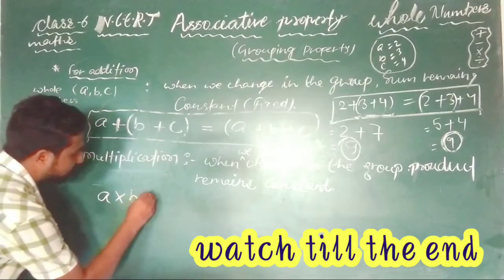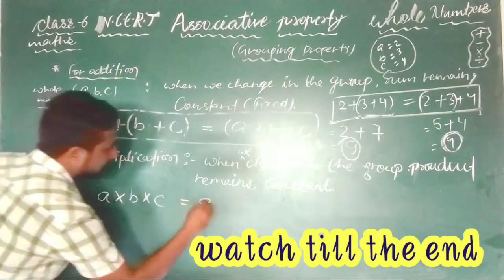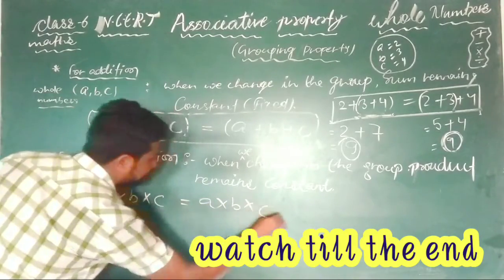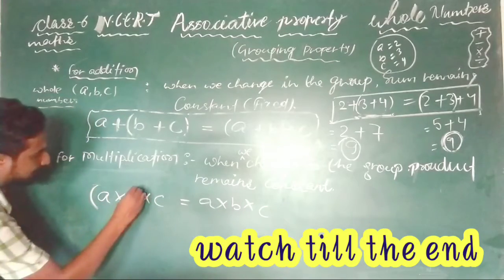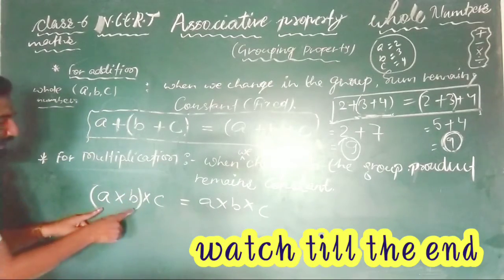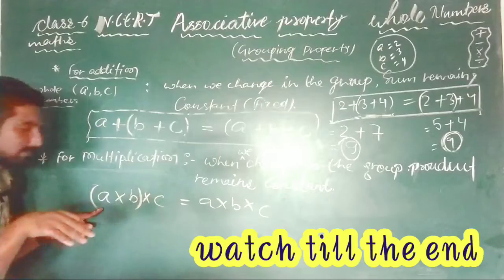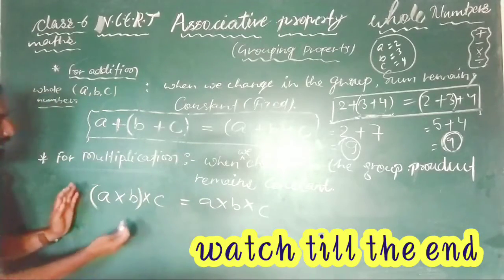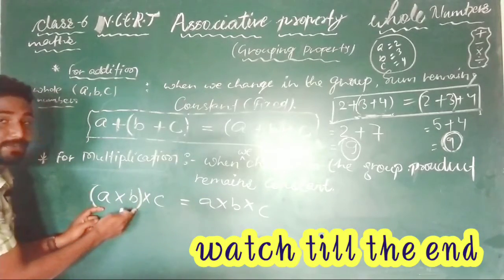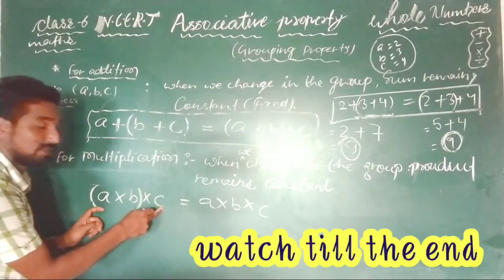A into B into C can be written as A into B into C, both are same. Let me put the bracket. Suppose here A and B in the bracket, they are swinging at a time and C is pulling or pushing them. Then in this another condition, now you see they are friends, closer friends. Now C is standing outside.